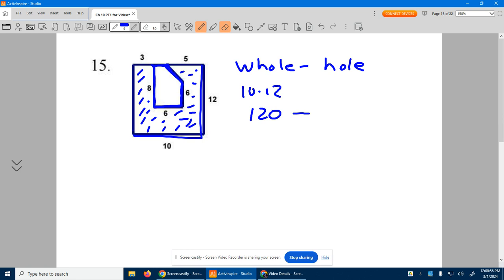Well, we're going to have to cut it so that we can break it down. Let's cut it right here across. Now, doing that, that gives me a 6 by 6 right here. So this is 36. So we're going to be subtracting 36, but I'm also going to be subtracting this guy,